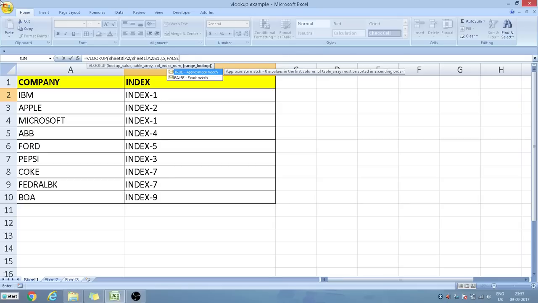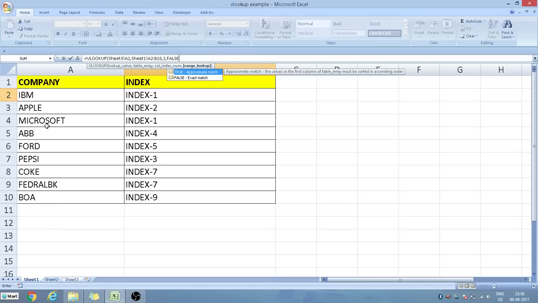Actually it can have a value of true or false. When you give the value of false, the key will look for the exact match in this column. So we are interested in the exact match. If you give true, then it will do a wild search here.